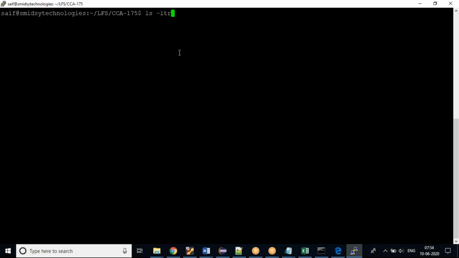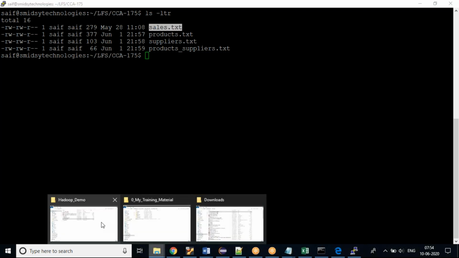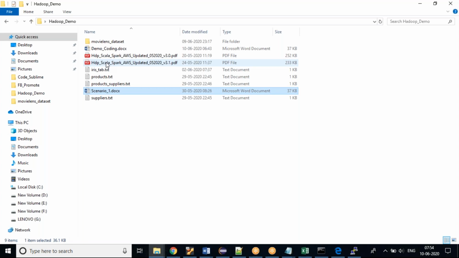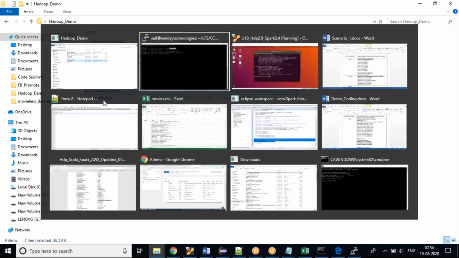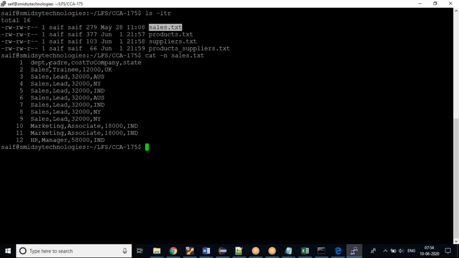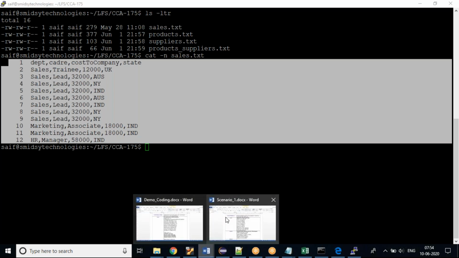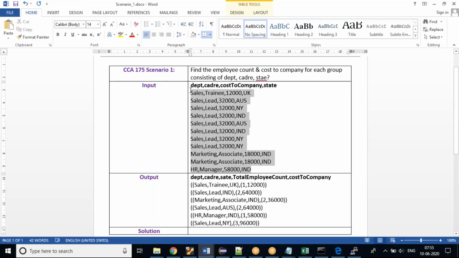If I run ls -ltr, I've already loaded my sales.txt. This is the file which I will be reading. If you cat that file, this is the data which is already present.